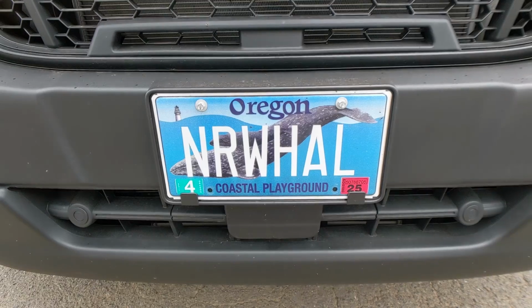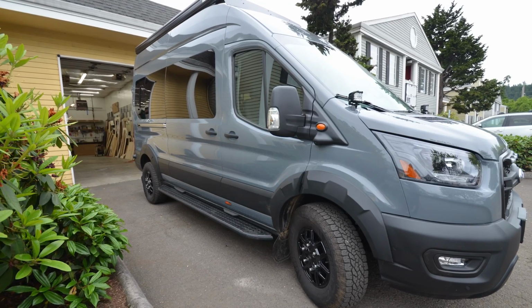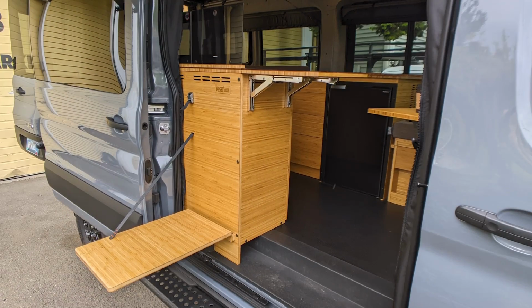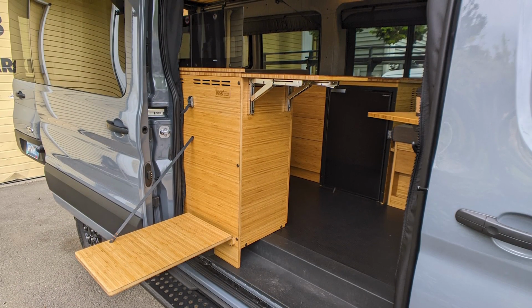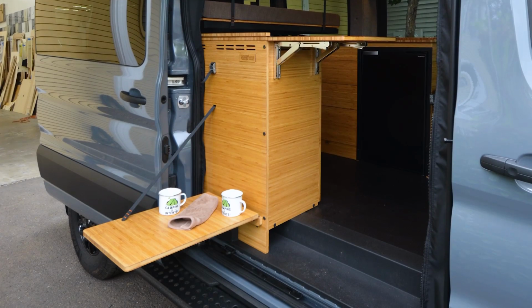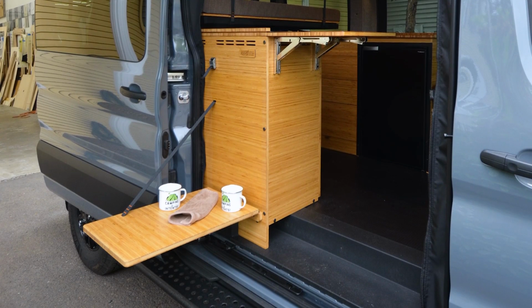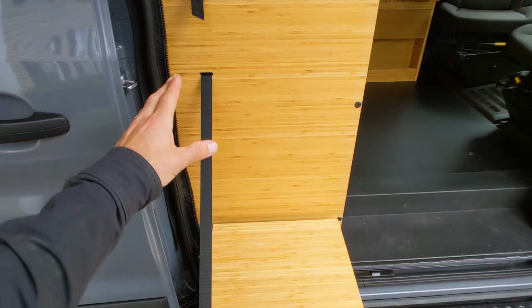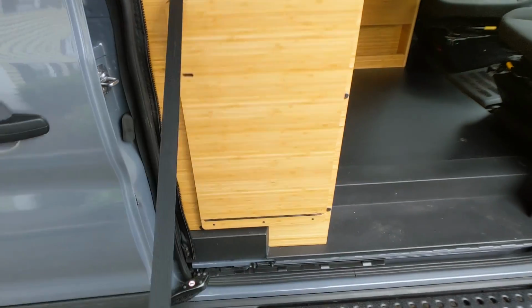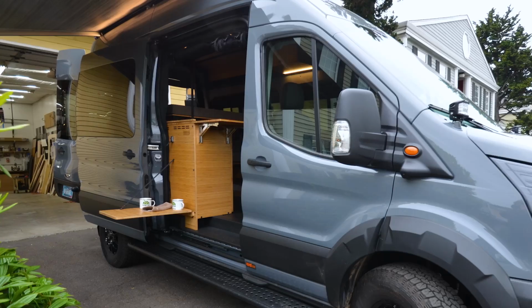Here we have Narwhal, also known as Sekulic. On the passenger side here we have our compact kitchen cabinet that has a flip-up countertop extension, as well as our flip-down table on our new cam strap system. And what that gives you is a lot of strength, but also a lot of flexibility and super easy deployment